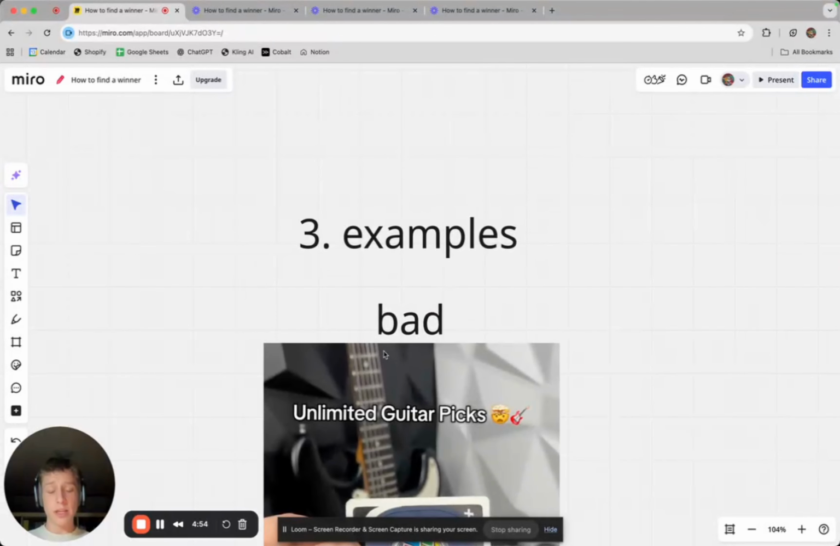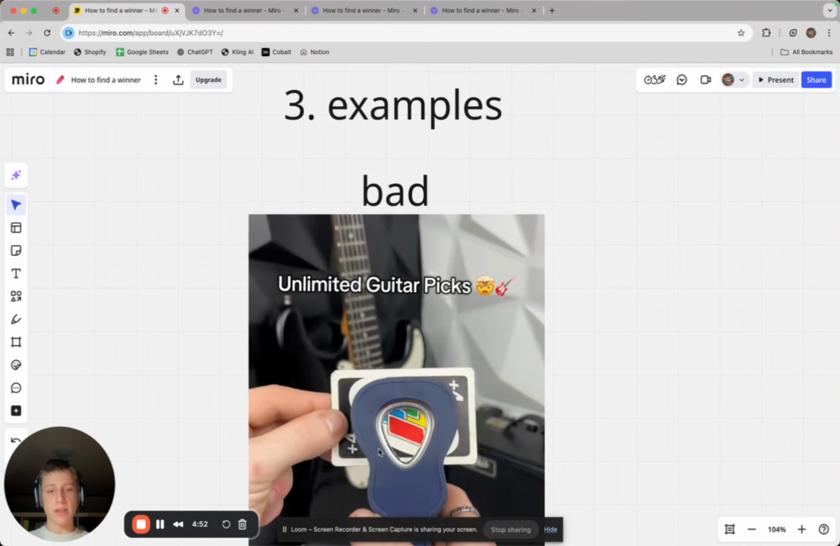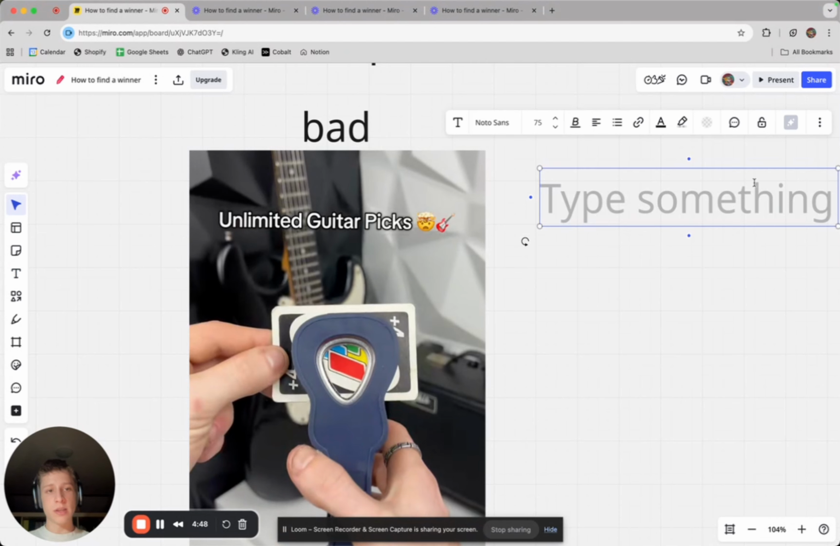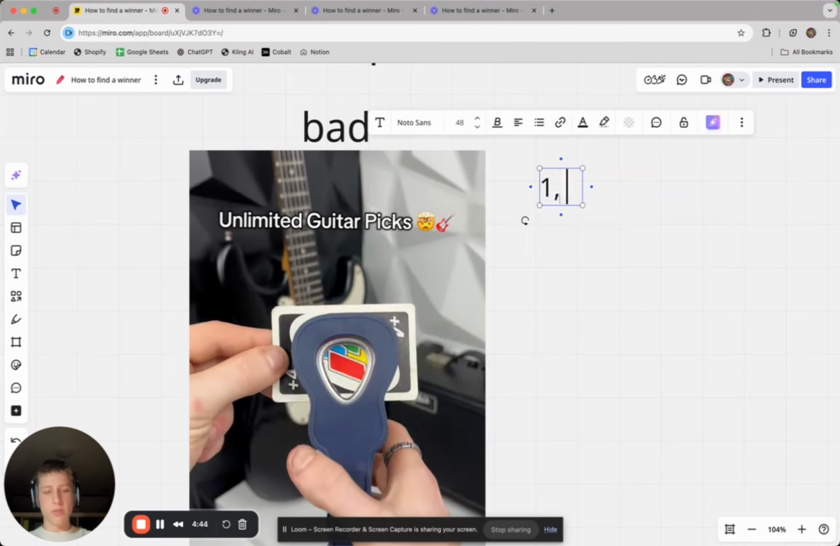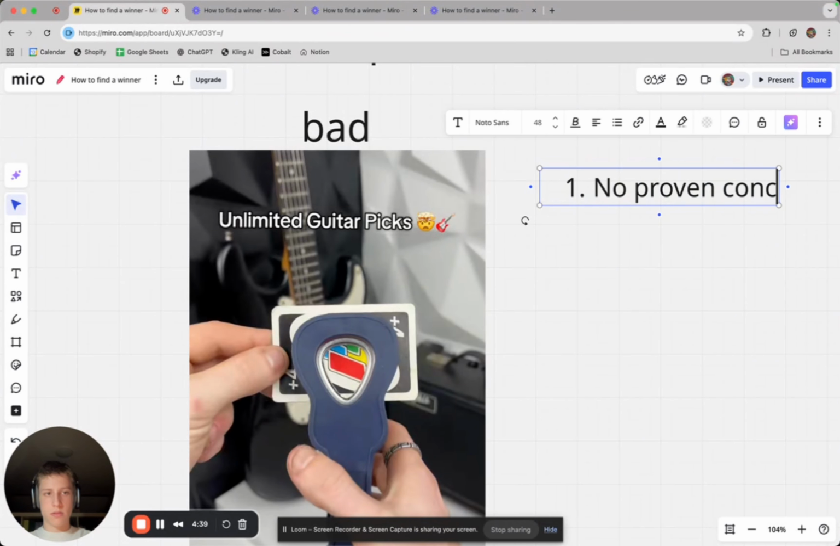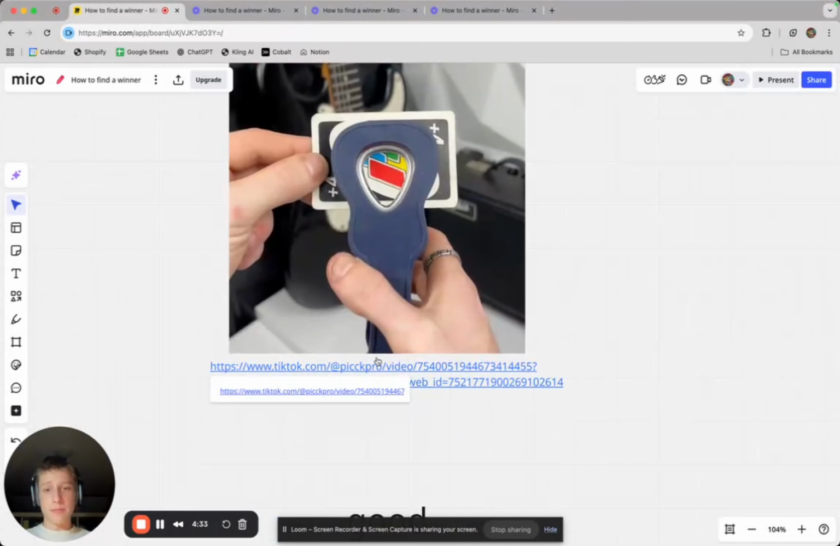So the first one is bad. It makes basically guitar picks, and the first thing that's bad, from what I know at least, all guitar products that I know didn't convert too well. So I'm going to say no proven concept. Like, from at least what I know, basically none of them converted too well. So yeah. But anyway, even when we go on the video,